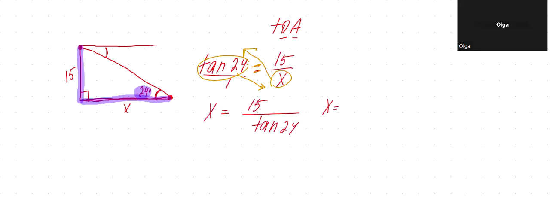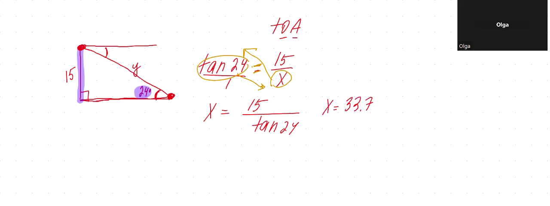I got 33.7. So again, depending on what you have, let's say you need to know the distance, not the horizontal distance, but let's say you want to put a rope between you and the object. How long is the rope? How long is the ladder? Whatever. So at this point, if we don't want to use x and we have the same setup